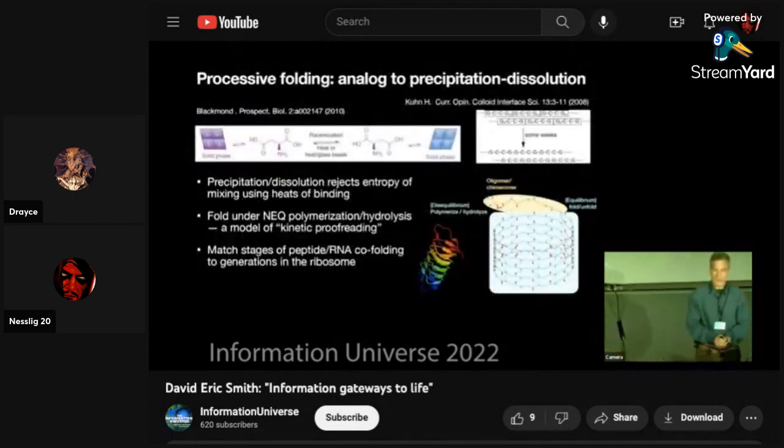So what kind of a mechanism would do something like this? Well, something not very different from precipitation-dissolution equilibria. Donna Blackmond has done a lot of work on taking a mixed solution of small molecules with different handedness, different chirality, and showing that you can pump out that entropy of mixing just using the binding energy to form crystals that are chiral. Hans Kuhn, way back in the early days of complex systems and cybernetics reasoning, was arguing that if you put these binding-on-binding type transitions in a system that is driven away from equilibrium, you can break symmetry and cause the driving to make a version of what today we would call